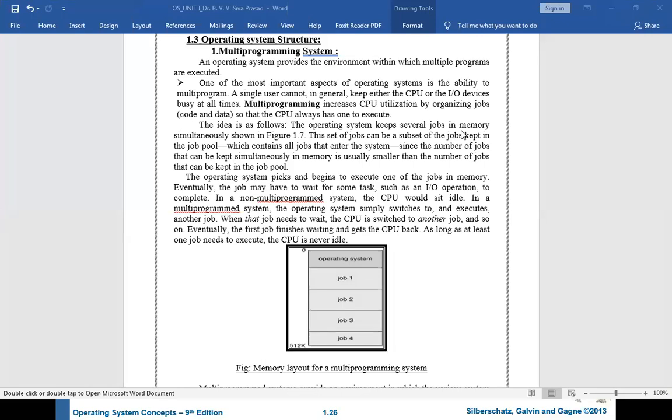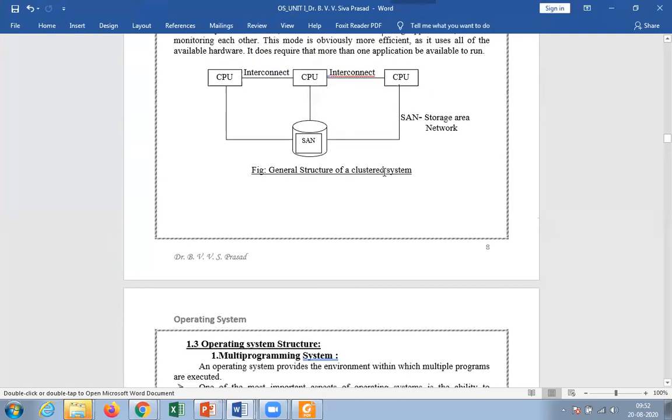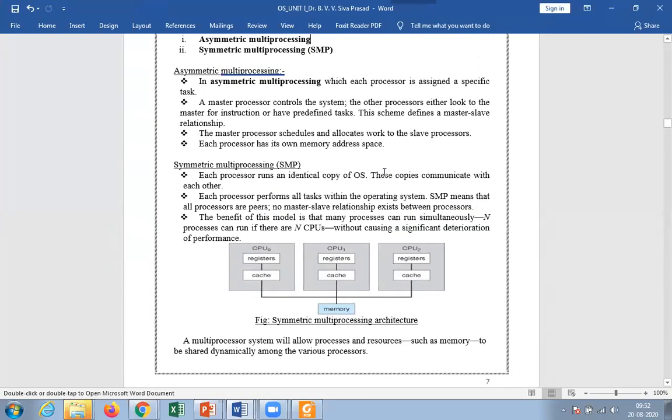Suppose I am a master, and I am having 10 persons as slaves. In that case, whatever instruction is given by me can be executed by the slaves. Here, take the example of an asymmetric multiprocessing system, having a master-slave relationship.